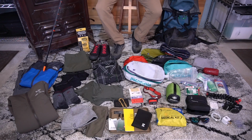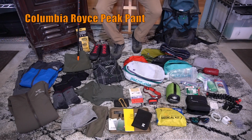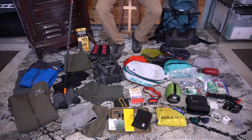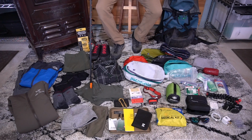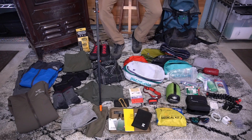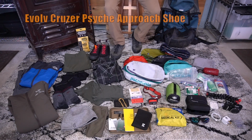I brought my waterproof Gore-Tex pants and jacket, an Arc'teryx jacket with a hood, 2 pairs of Columbia pants, one of which I'm wearing, 3 pairs Ex Officio boxers, one of which I'm wearing, 3 pairs Darn Tough wool hiking socks, one of which I'm wearing, 3 wool Icebreaker t-shirts, one of which I'm wearing, 1 wool watch cap, 1 wool buff, which is kind of like a neck gaiter or balaclava, 1 wool Icebreaker lodge shirt,